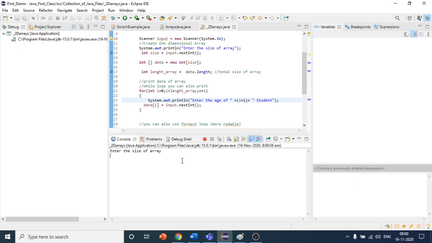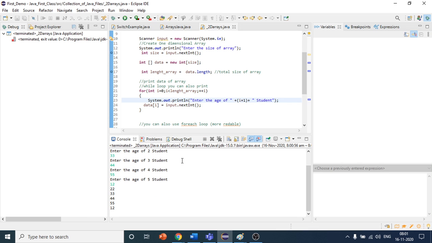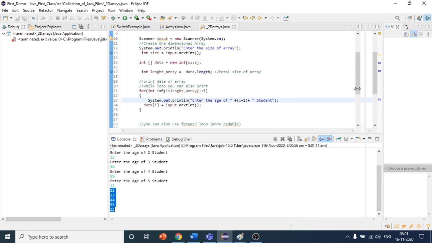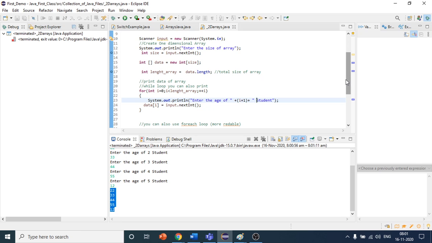So what is the size? 5. Again I will give 5. So this time you can see "enter the age of first student", so it will make some sense. 22, and then 33, 44, 55, like this, 12. And after that the for each loop has printed these values again, right? So this is how you can work with the for each loop, and you can also store values inside the array